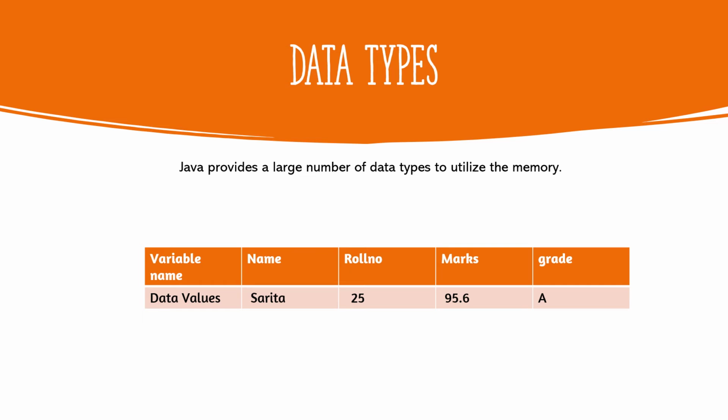Now we can think what kind of data type we can give. Name means more than one character. We have learned about the string literal. More than one character means it is a string literal, so we have to declare the variable as String. Roll number is an integer number, so we can declare the variable as int or any other type of integer data type. Marks, 95.6, has a decimal point, so it is a real literal. And grade is a character, so we can declare the variable as a char variable. So for categorizing the different values according to the format, we need the data type.